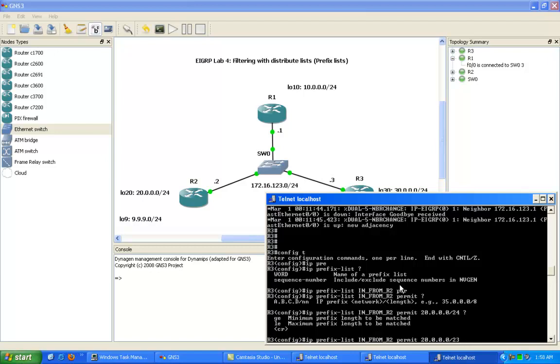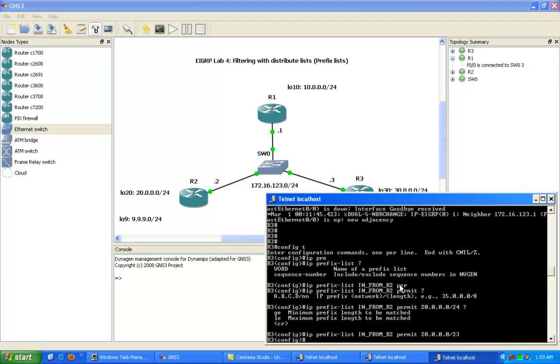Instead of it being a /24, we'll make it a /23. And I'm going to show you how this is going to work here. Now, a prefix list, like an ACL, has an implicit deny any on the end, unless you specify differently. So with this being said, if we were to go ahead in this example and go under our EIGRP